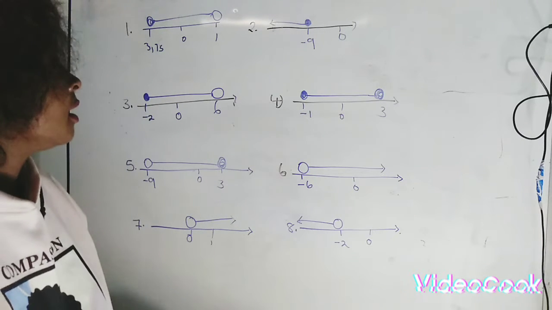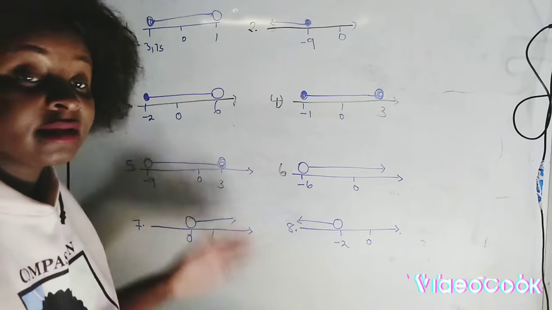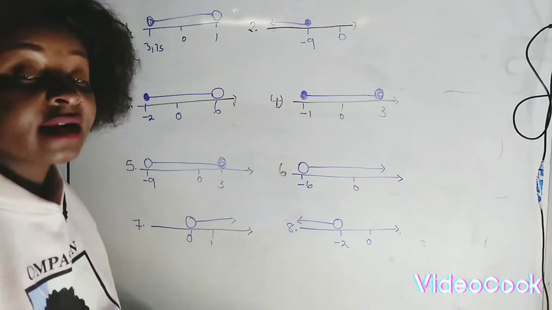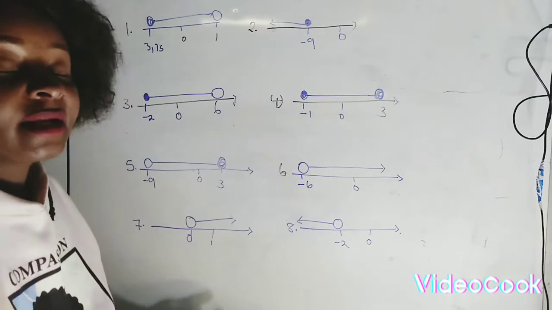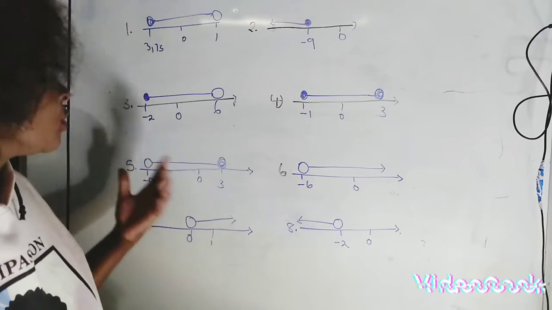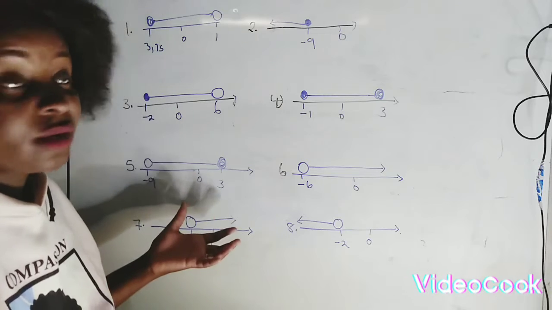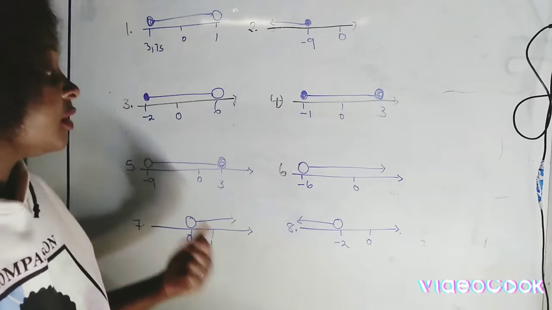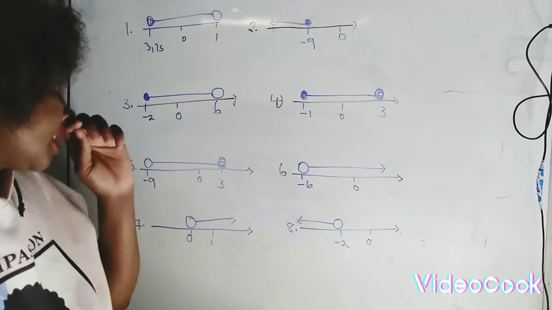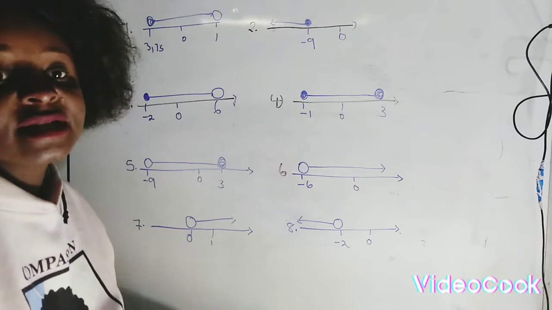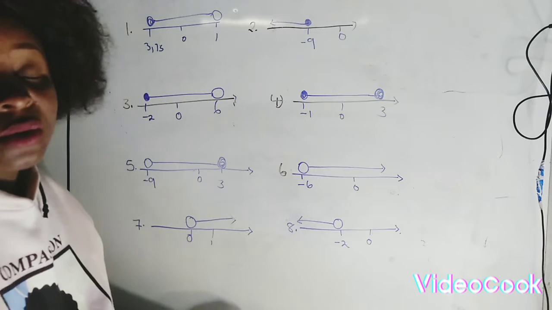Today we are interpreting the inequalities that are given on these diagrams, okay? So sometimes they can just draw a diagram and they expect you to be able to tell them the inequality. So before we do that, I need you guys to take note of something. Whenever you see a circle shaded like that, it simply means that we have to include the or equal to